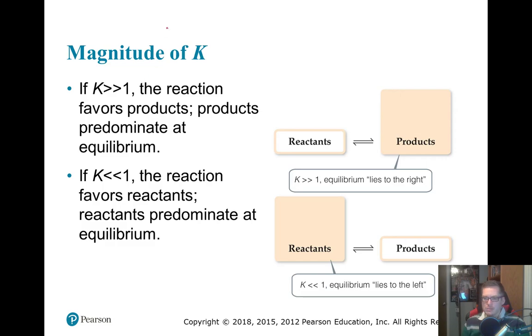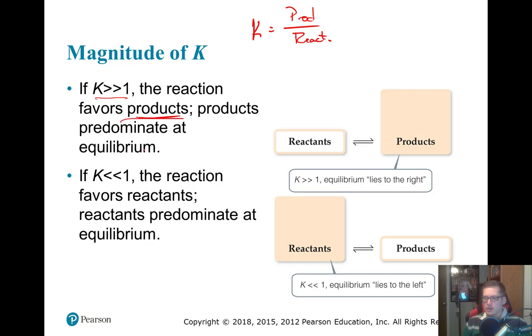Now this magnitude of our K, this K value here, is always products over reactants at equilibrium. That's what we care about. So if our K value is really, really big, that means our products, our numerator value, would have to be way bigger than our denominator value. So our reactants, on the bottom, are going to be a lot smaller than what our products are at equilibrium. So if our K value is much bigger than 1, the reaction will favor